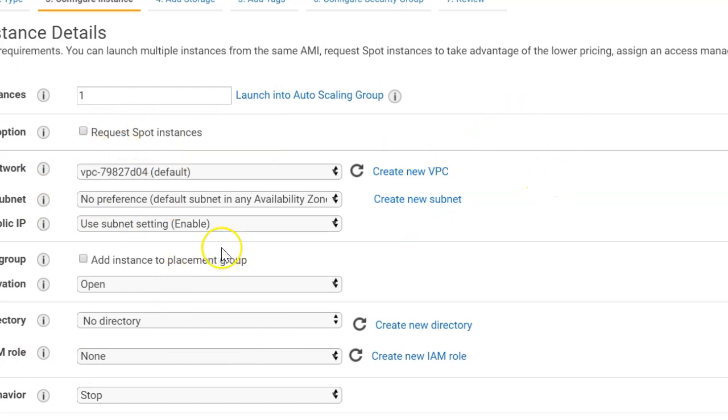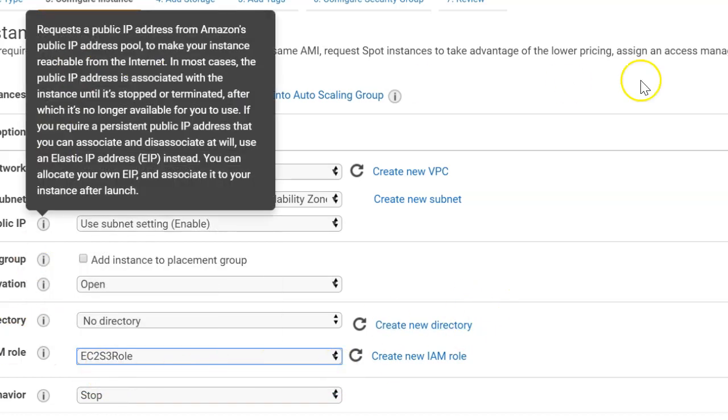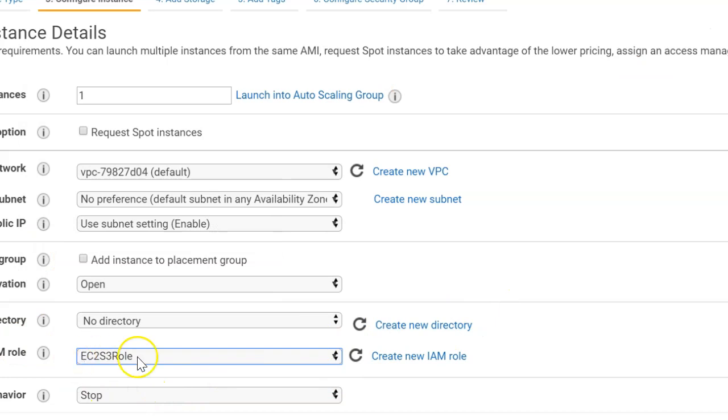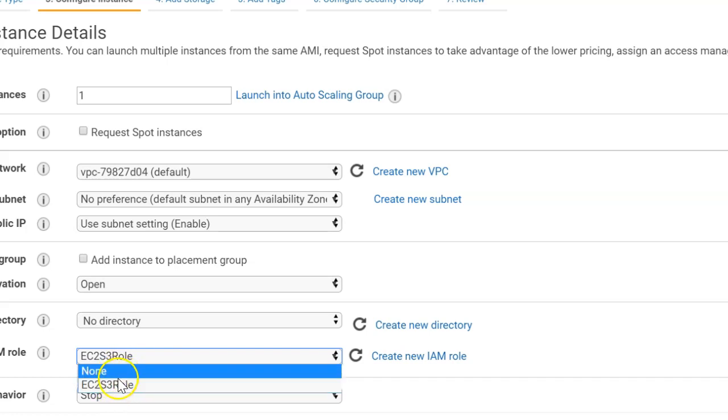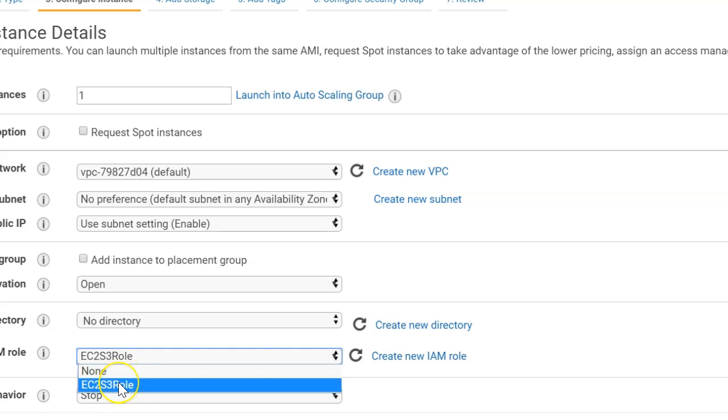In this lab, you need to just go to the IAM role. You will find whatever role you have created. It's just showing one role because we have only one role right now in my management console. Otherwise, in your drop down list you can find multiple IAM roles as well. It's not limited to one role. If it's not showing here, it's because we don't have more than one role in our AWS account.